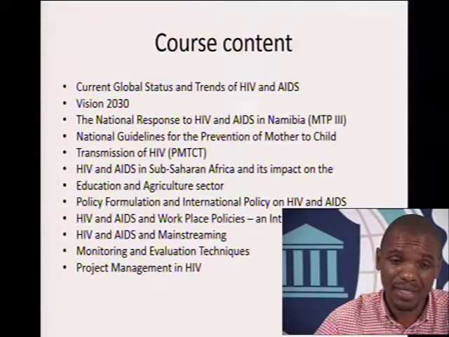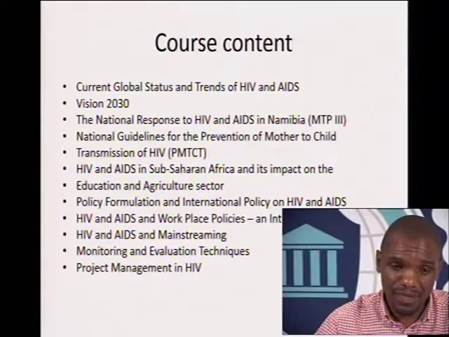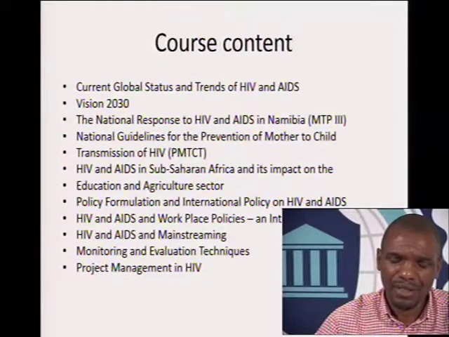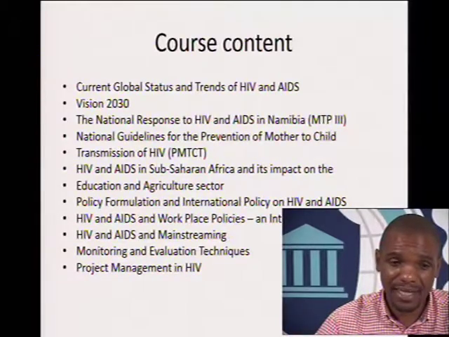It's a national document, very well detailed. The national response to HIV/AIDS in Namibia, that is MTP3, often viewed as a game changer in terms of the fight against HIV. The national guidelines for the prevention of mother-to-child transmission of HIV,